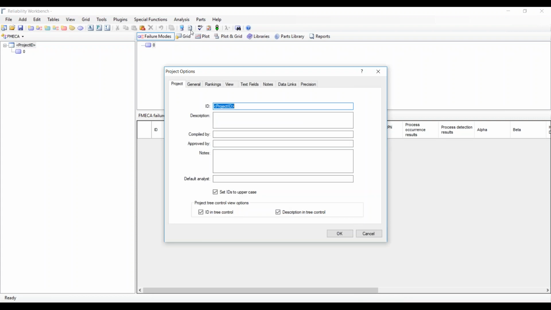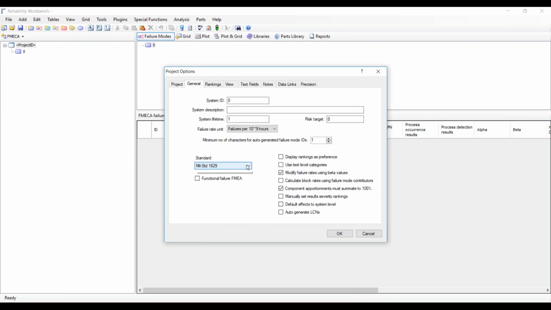So in the project options, on the general tab, you can choose the FMECA or FMEA standard that you're working to. You can see the most common options there. I'm going to stick with MIL 1629 for the moment, then maybe show one or two of the others a little later. So if I click OK,